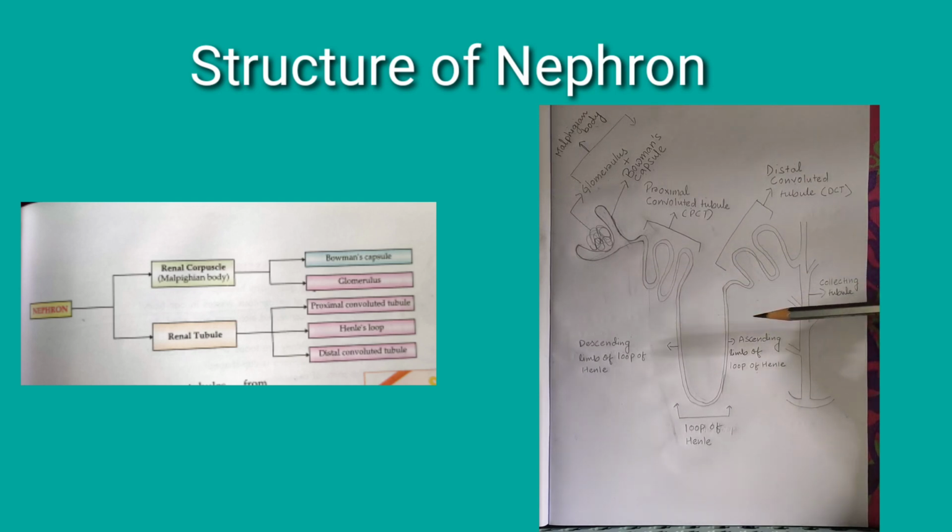The function of the loop of Henle is mainly to absorb water from the nephric filtrate. And the function of the distal convoluted tubule is to perform tubular secretion, about which we will be referring in our next topic. Now, after the nephric filtrate reaches this distal convoluted tubule, it is poured onto the collecting tubule. Now, this collecting tubule is linked to millions of other nephrons too,